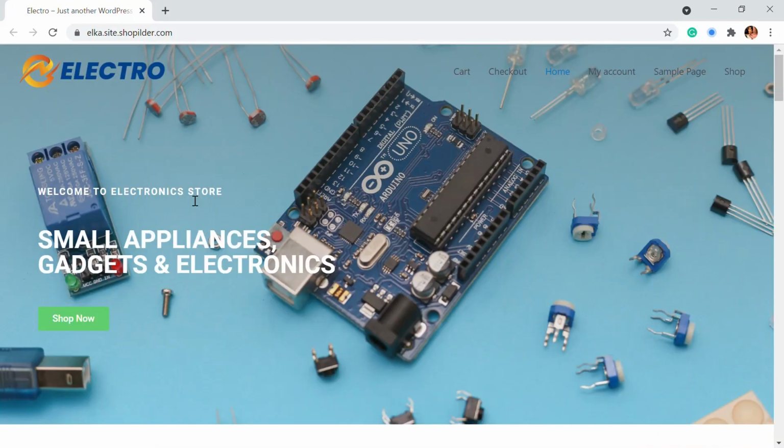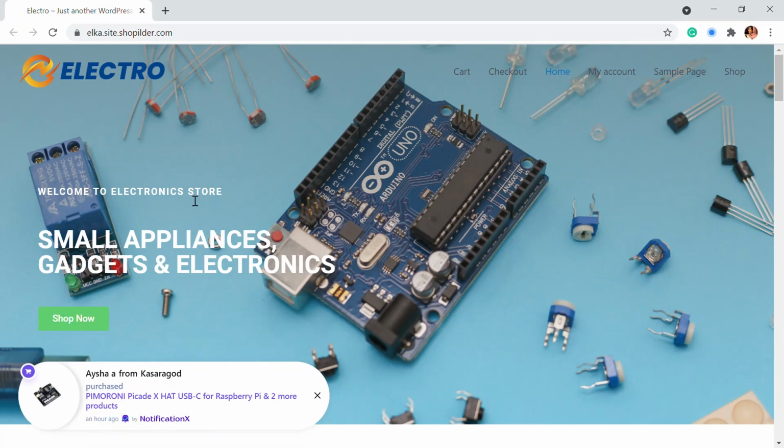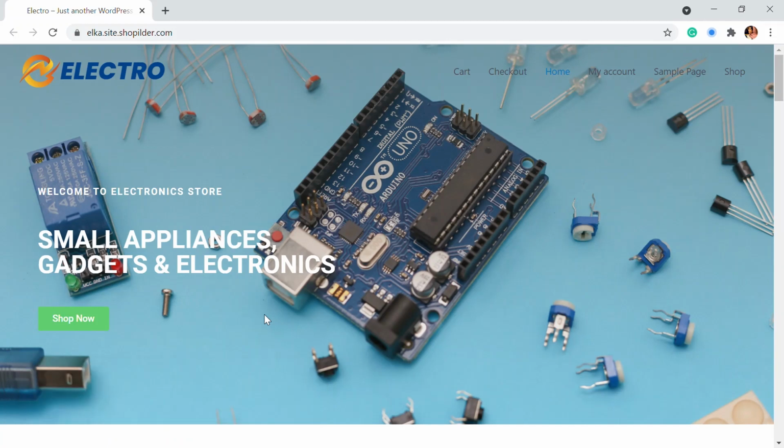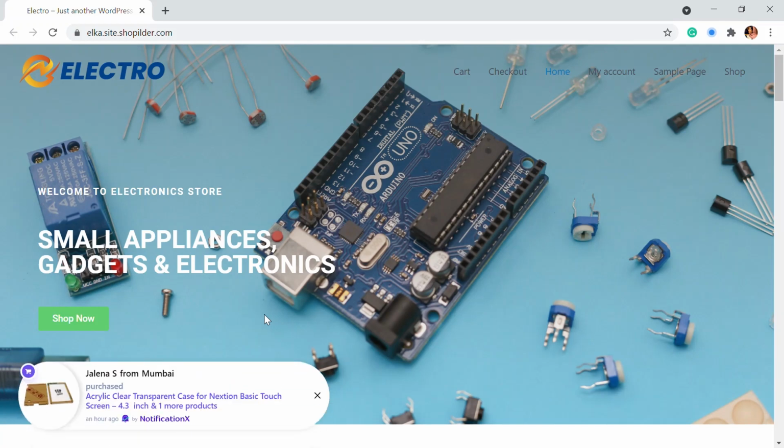Hello and hi, welcome back to Educate WordPress, where we talk everything and all about WordPress. I'm Aisha, and in this video we'll be seeing how you can add this little notification right here that says you have purchased something from your website to your visitors. When a visitor visits your website, you need to create a FOMO that many people are purchasing, and this item they are eyeing might get sold out fast. This kind of feeling can be created in them through these notification plugins. So in this video, we'll be seeing how you can do this.